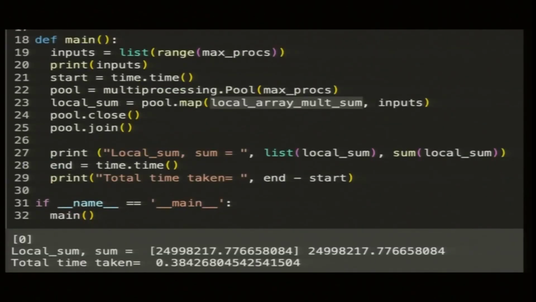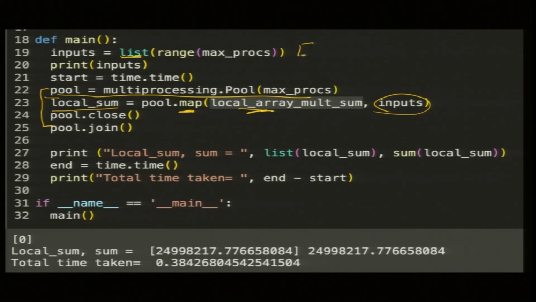And then in the main program, you can focus on these several lines. So, I create this pool of processes, then local sum is mapped, the result of this is mapped. By the way, input is a list of the number of processes.